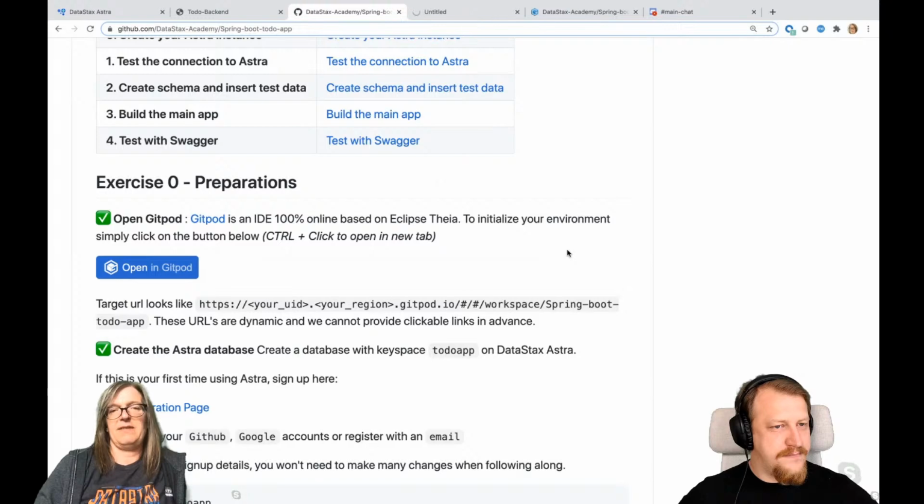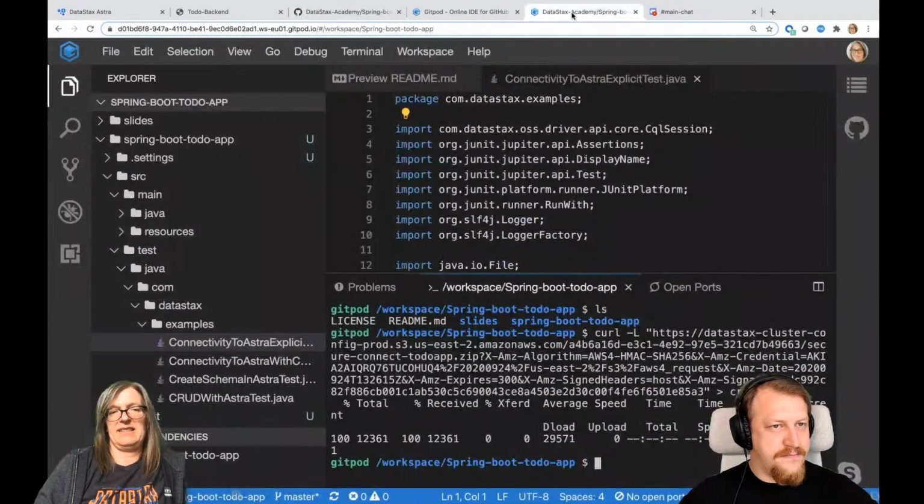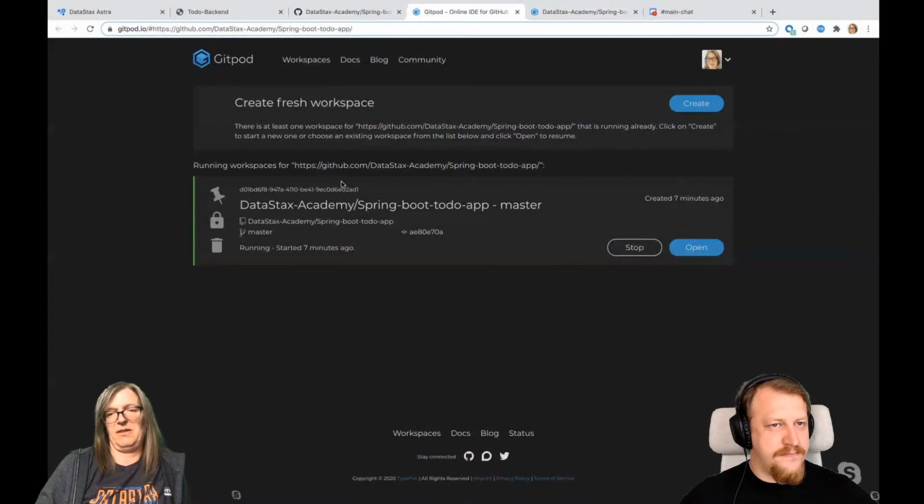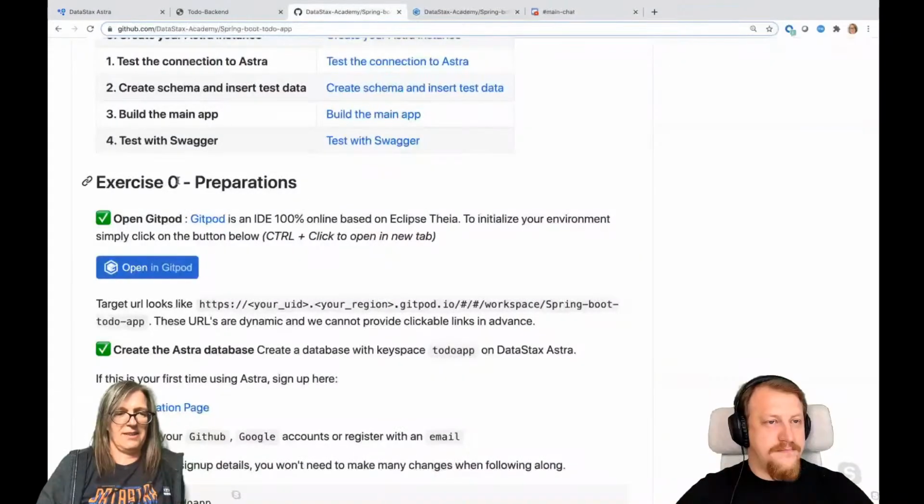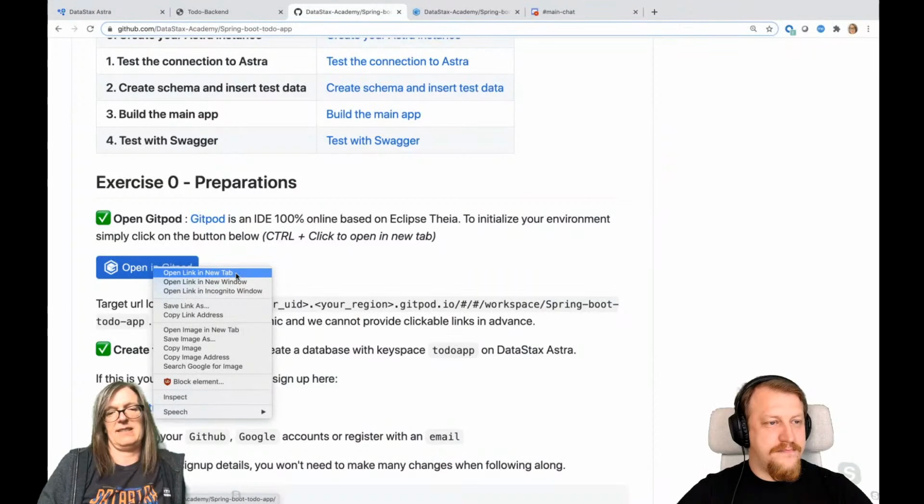And even though I have it already up here, this is my current workspace. So it's actually telling me, you already have one. Do you want to continue using this, or do you want to create a new one? And that's really all there is to it, right? I don't need it now because I have one already. So again, you just right-click, open it in a new tab, and there you are.